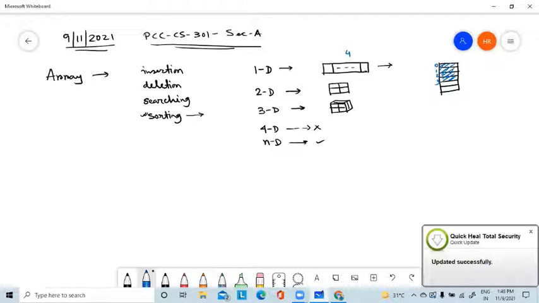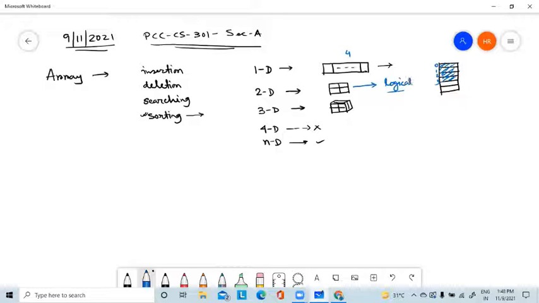Now if 2D, remember 2D is a logical structure. It is not a physical structure. Physically we cannot allocate memory like a matrix. Logically we think that it is a matrix, but ultimately we have to convert the 2D into 1D, and then allocate it in the memory.